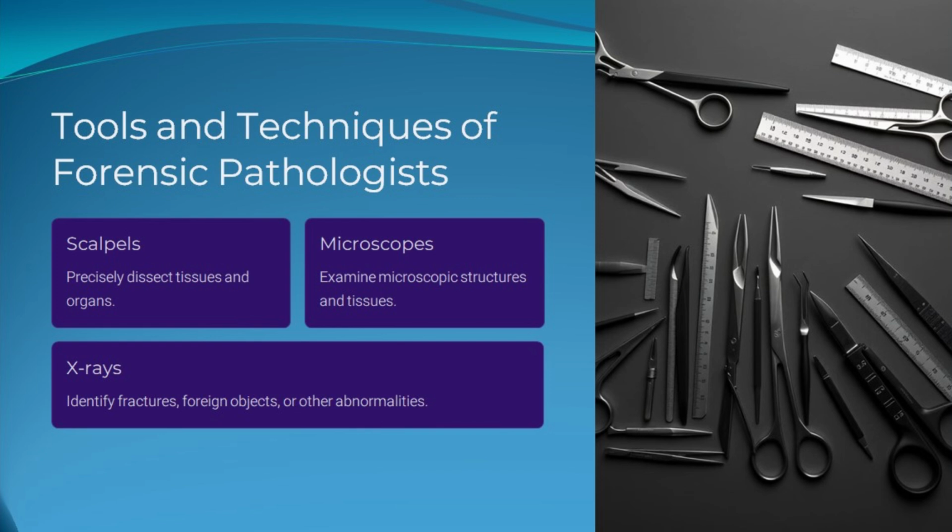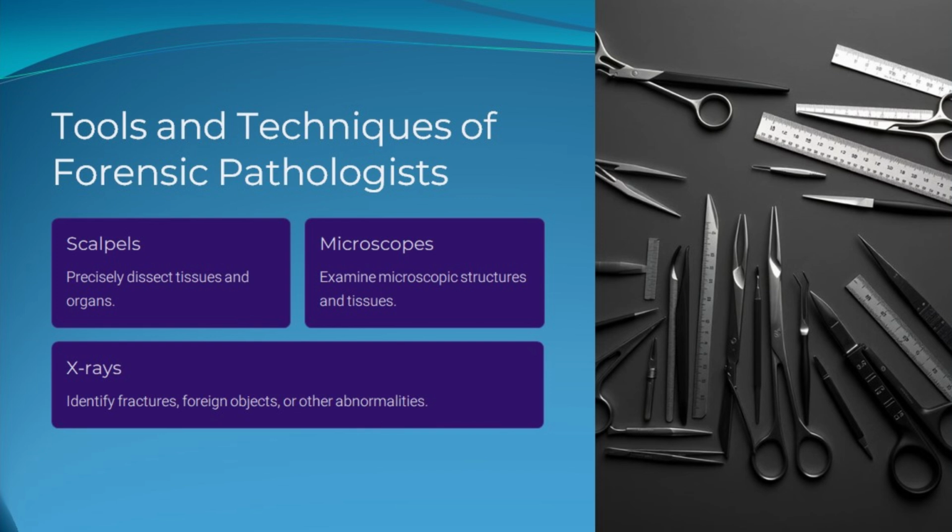Microscopes examine microscopic structures and tissues. After organs are removed during an autopsy, tiny pieces of tissue are cut from them. These samples are treated with special dyes and studied under a microscope. This step reveals details invisible to the naked eye, like damaged cells, for example, cancer, signs of disease, for example,